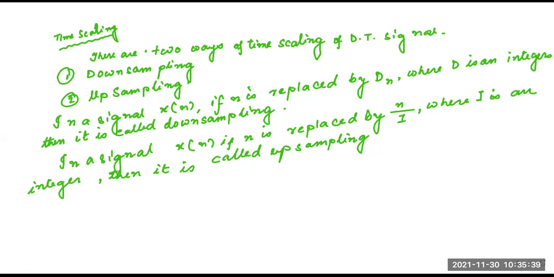Example. If x[n] equals b to the power n, where n is greater than or equal to 0, and b is in between 0 and 1, then